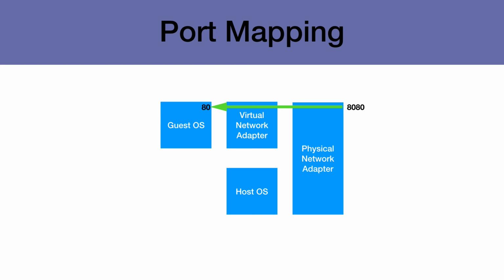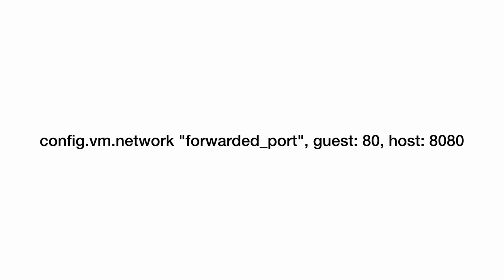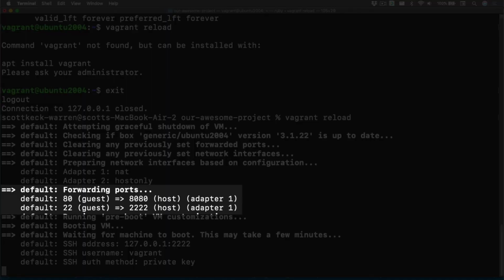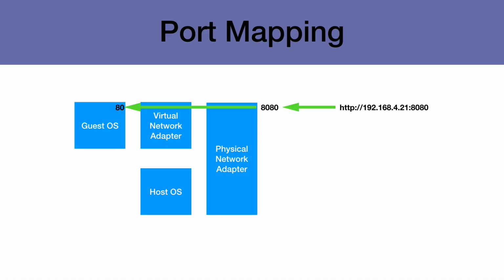For example, if we wanted to forward port 8080 on the host to port 80 in the guest, we could add the line config.vm.network "forwarded_port", guest: 80, host: 8080. After we do this, our Vagrantfile will look like the following. When we reload the development environment, we'll see the ports that are being forwarded show up in the output. Now we can use the host machine's IP address with a port of 8080 to access the service using port